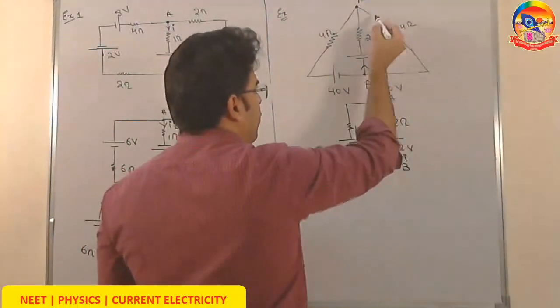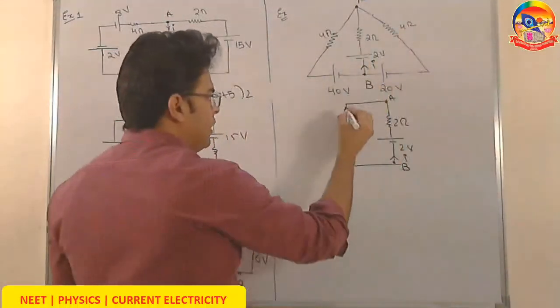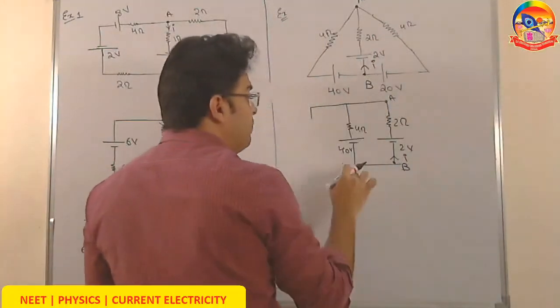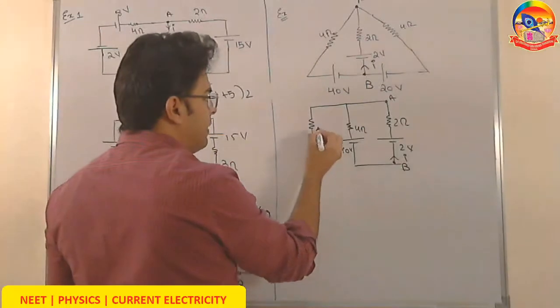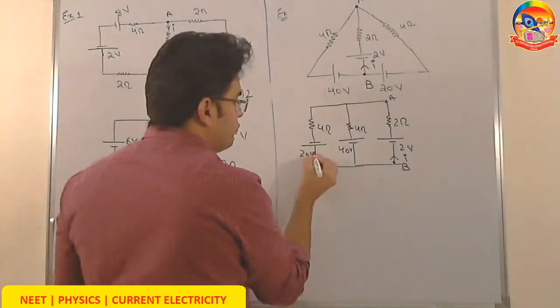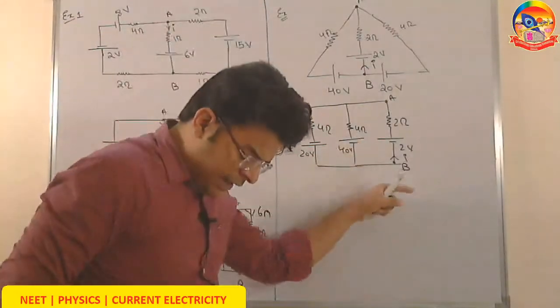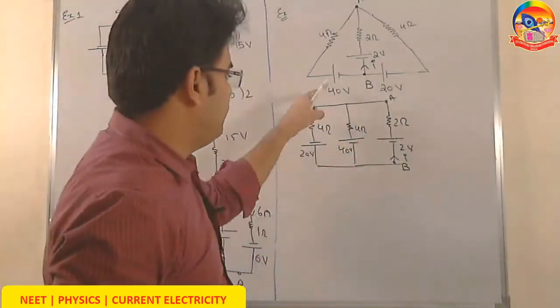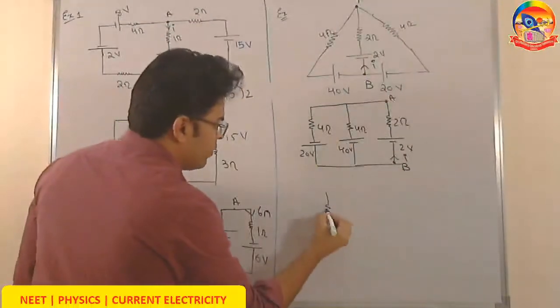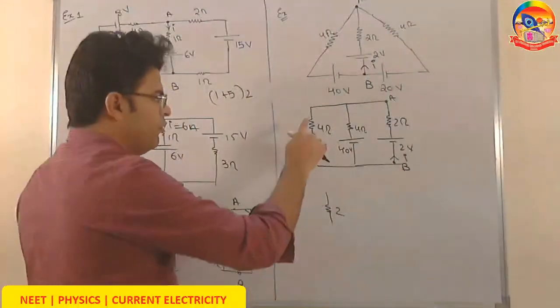Similarly, this other line of 4 ohm 20 volt, I will draw it here. But notice that this battery of 20 volt wants potential of B to be higher. So when you draw this battery, be very cautious about its polarity. 20 volt. Now to find current in this third line, let us first combine these 2 lines. When I combine these 2 lines, the R equivalent comes out to be 2. Okay, 4 parallel 4, 2.